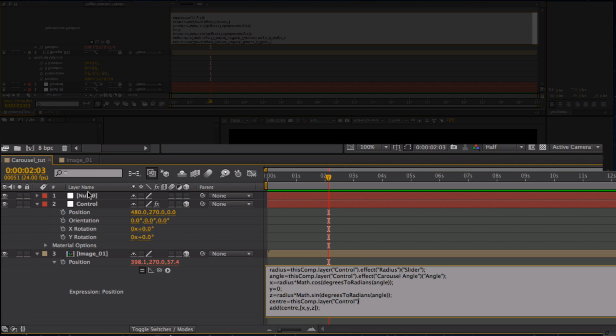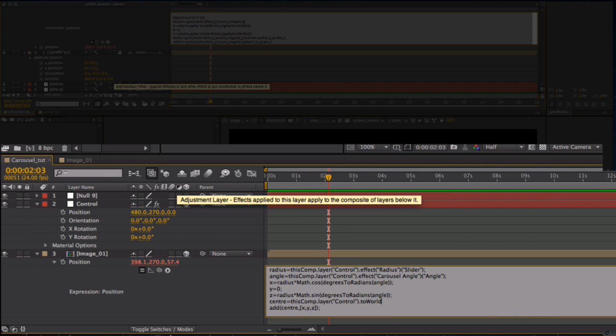You basically select the layer that you want, and then you use the toWorld expression, and it will figure out that layer's true position regardless of what it's parented to, if it's rotated, anything like that. So the way you use an expression like this is after this comp layer control, pointing to that layer, I'm going to hit period,